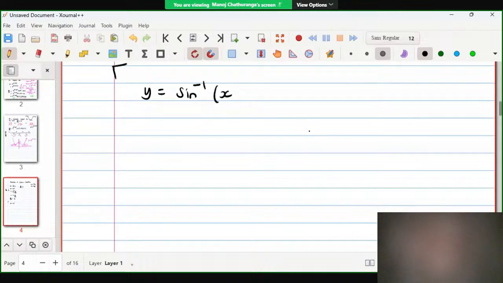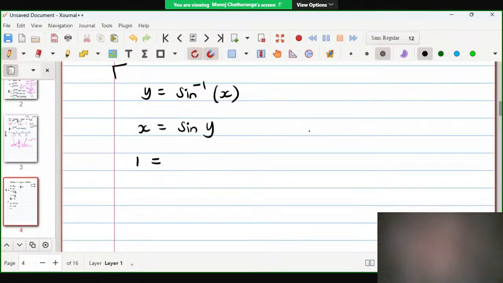Let's see sine inverse x. So the idea is to write it in terms of sine, differentiate both sides. Left hand side is 1, right hand side,